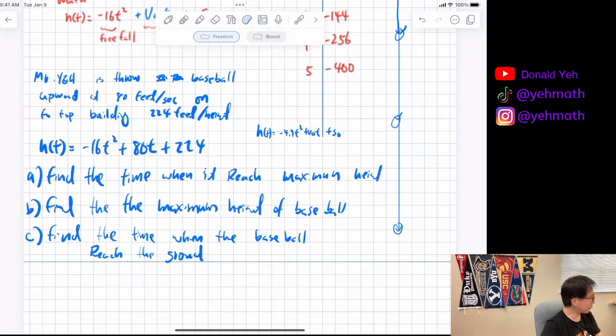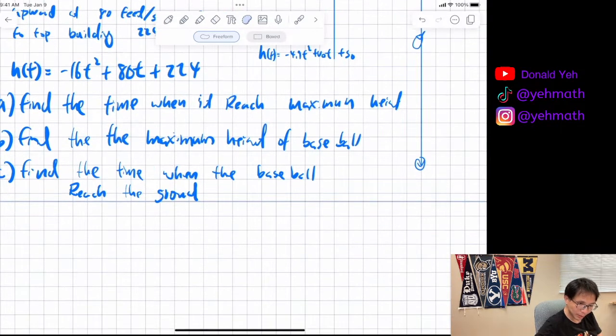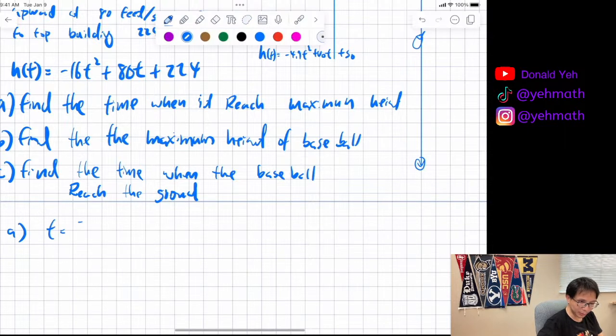Basically, we're doing the same problem as what you did yesterday, in terms of a word problem. Finding the time when they reach maximum height is the axis of symmetry because it's a parabola. So t equals negative b over 2a, which is negative 80 over 2 times negative 16, which is negative 80 over